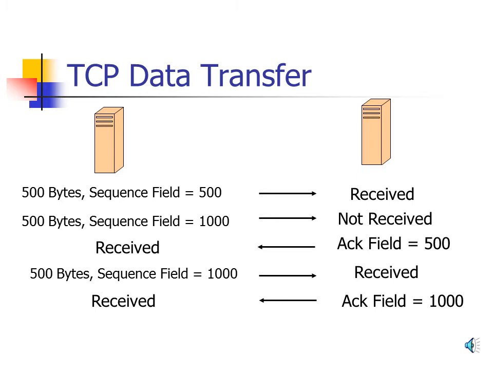So it'll create in step 4 that packet again, 500 bytes. It'll set the sequence field to 1000 because that's the packet that wasn't received, and it'll send it. In our example, the receiving station will receive that packet. Then it'll need to send an acknowledgement. Then in that acknowledgement, it will set the ACK field to 1000 because that is the sequence number of the highest byte it received. This is the second packet received, and it will send that acknowledgement back to the originating